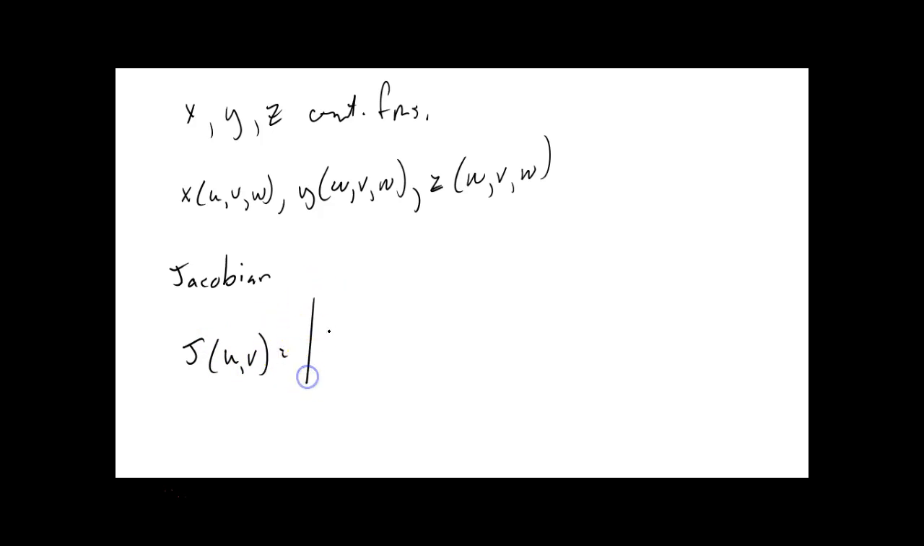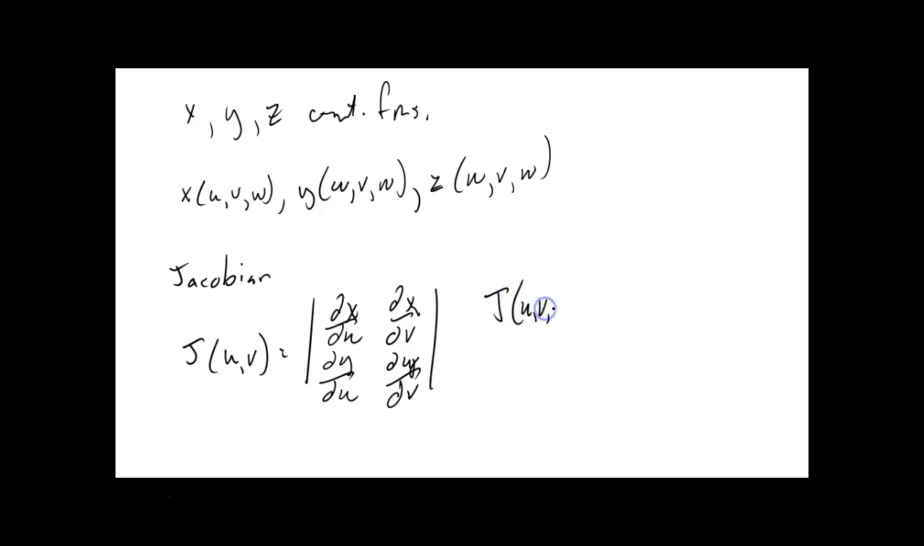That is the determinant of partial of x with respect to u, partial of x with respect to v, partial of y with respect to u, partial of y with respect to v. Make sure I said it right. Yeah. And in 3 space, your Jacobian of u, v, and w would be the determinant of